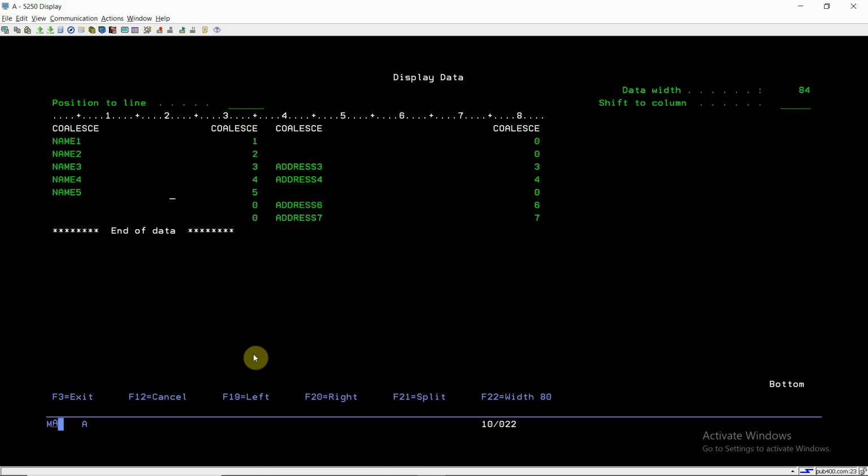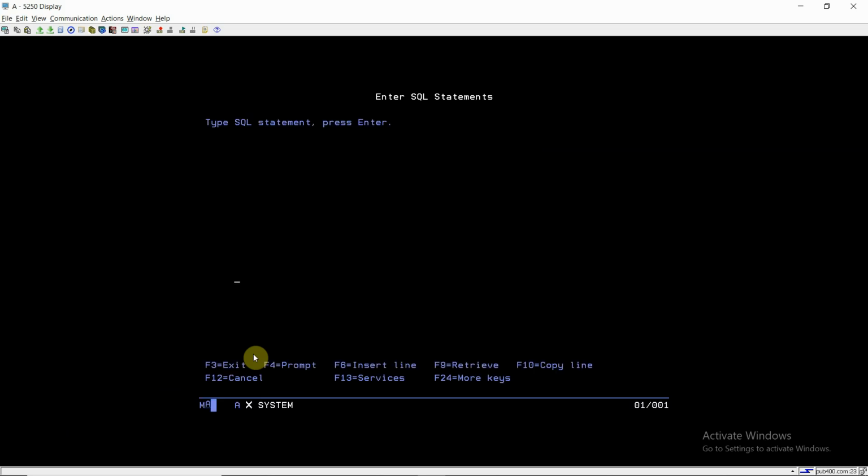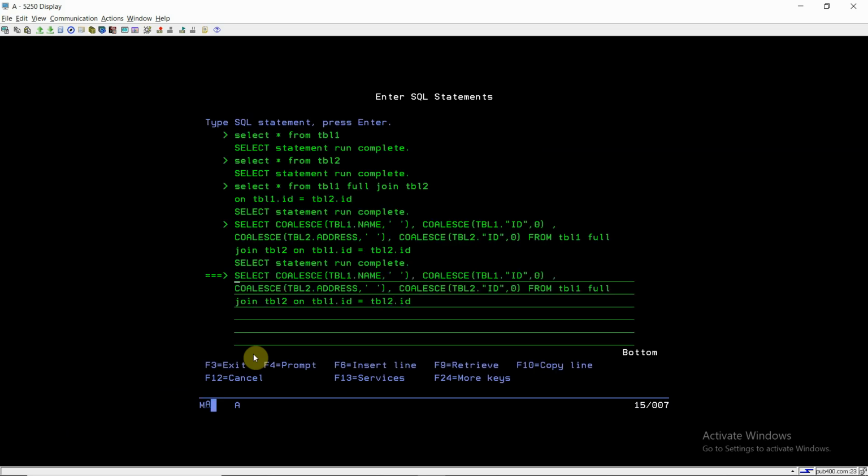And the rows 6 and 7, which are present in the right table, table 2, do not have the matching rows in table 1. So earlier we were getting the null values in this one, and now we are getting the blank values. So we can see that here we are seeing the coalesce function name, so we are not getting the exact table column names here. So what we are doing, shift F3 here.